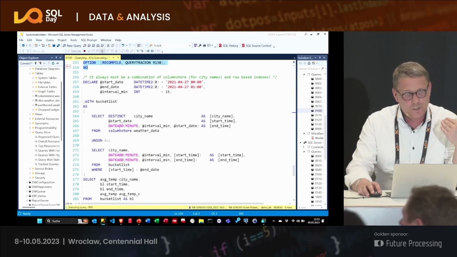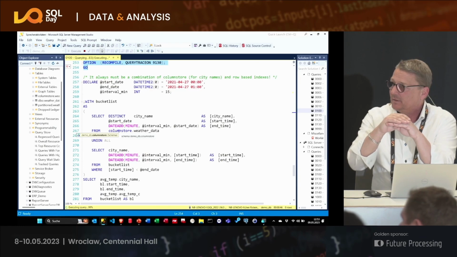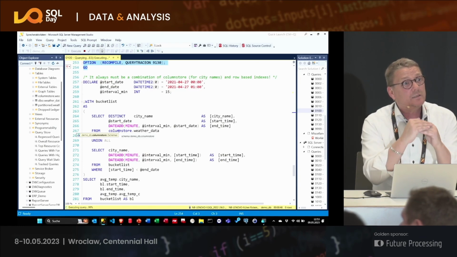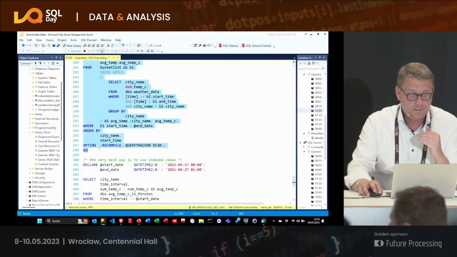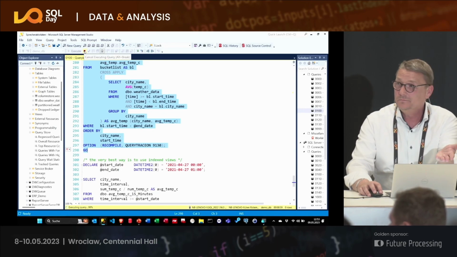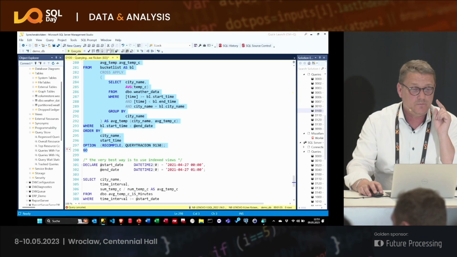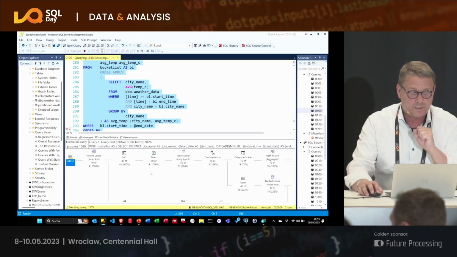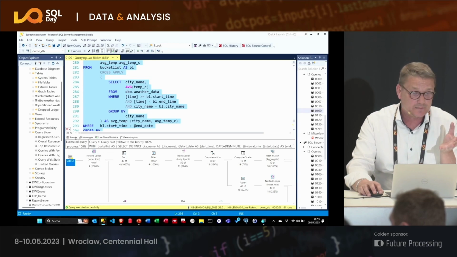Let's say we want to have from the column store index only the city names, but then we go back to the row-based index and run the query against the row-based index. See this? It's running again. Huh? Trust me, it will not come back. I was waiting. In the meantime, I was watching TV and it was never coming back. But now, whoops, done. In less than or nearby a second.